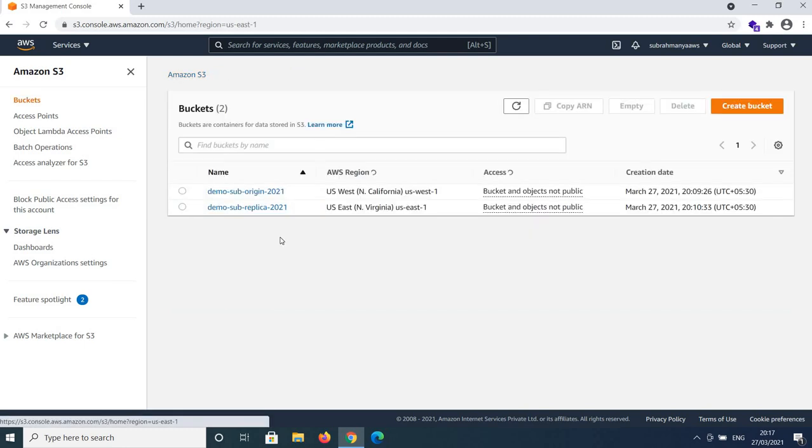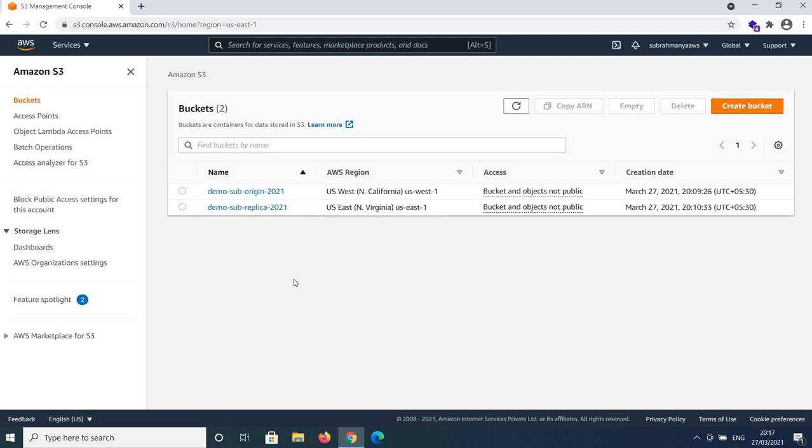So in this way, whenever you upload anything to this particular S3 bucket, it will automatically get copied into other S3 bucket, which is demo sub replica 2021, and this is an asynchronous replication process. So now we have completed demo of S3 replication.